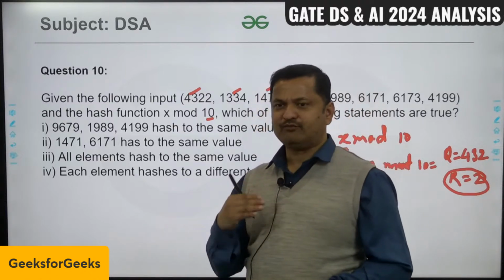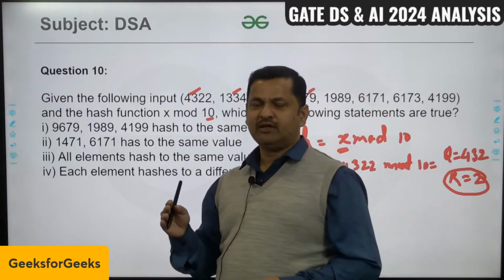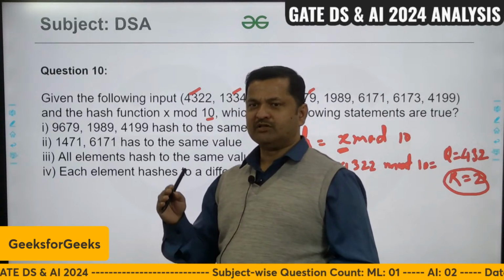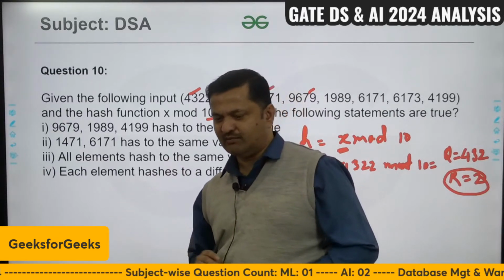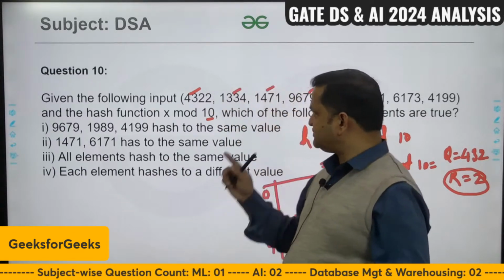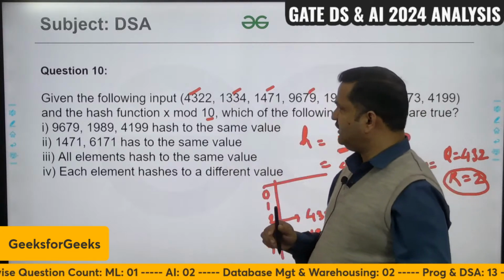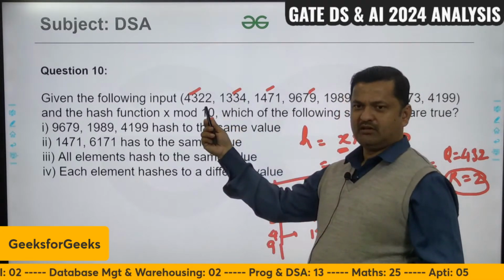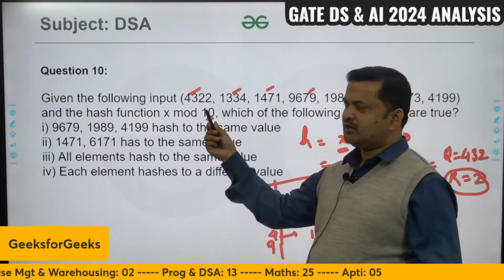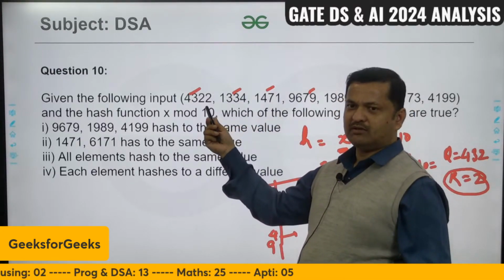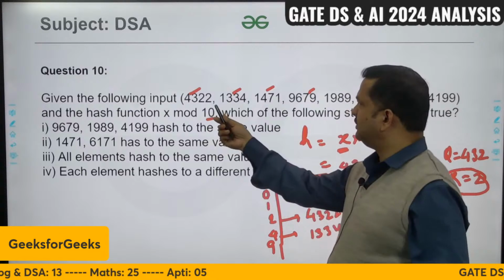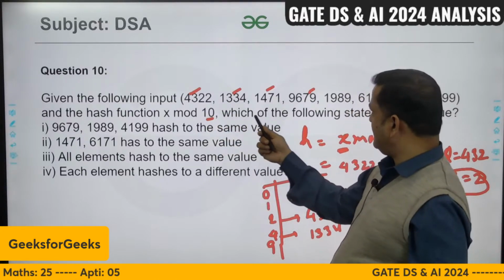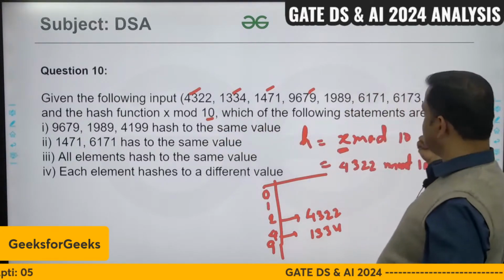That means we have to divide it by 10 and look at the remainder, and that remainder will be nothing but the index corresponding to each and every element. Now look at this particular sequence. If we take the remainder, the remainder is going to be the last digit, because this is the decimal division. Okay, so if you look at the question that says which of the following statements are true,